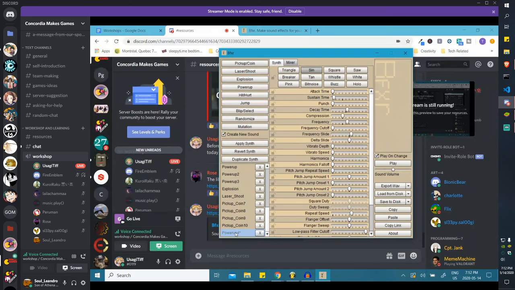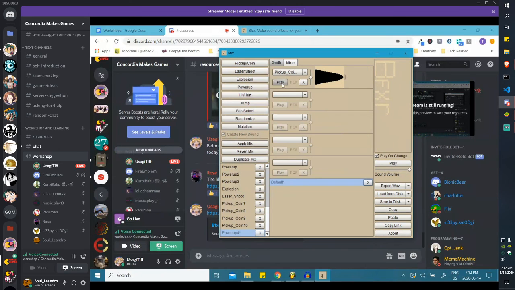So let's say I really like this too, and I want to merge it with this one. For some reason, I just want them together. Then you would go ahead and click Power 4. And then here you can also move it. So let's say I want to play this first, and then I want to play the pickup coin after, because that's the sound I'm looking for. So then if you play,